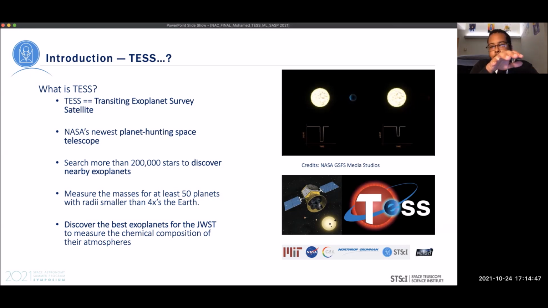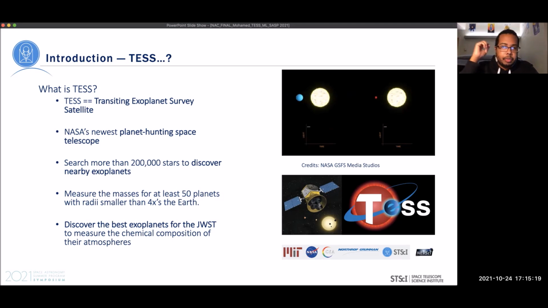You can see in the top right this animation here of how the transit method works. The way it works is you monitor a star over time, measuring its intensity repeatedly, or periodically, I should say. And as a planet goes in front of the star, it'll obscure some of that light. So the intensity that you measure will decrease as a function of time. And then once it leaves the front of the star, the intensity will increase. And so this method allows us to find planets and also determine, given how that light curve looks, the parameters